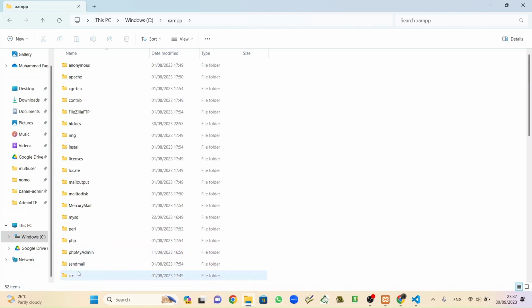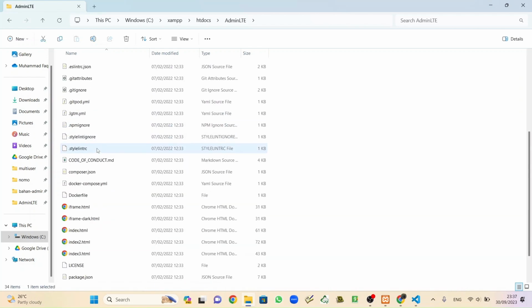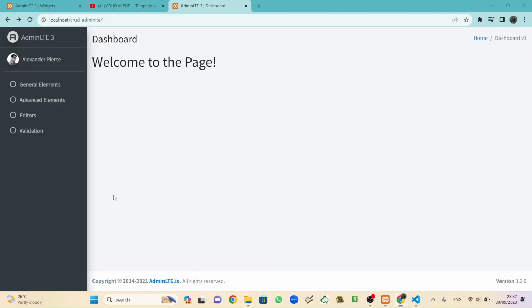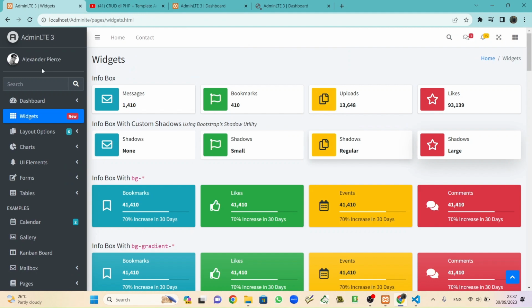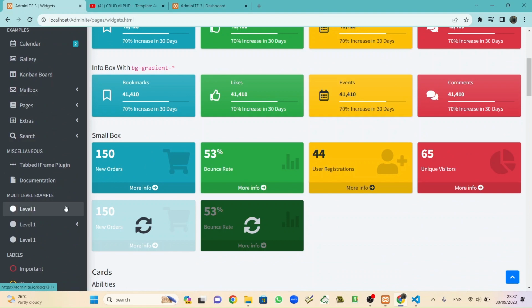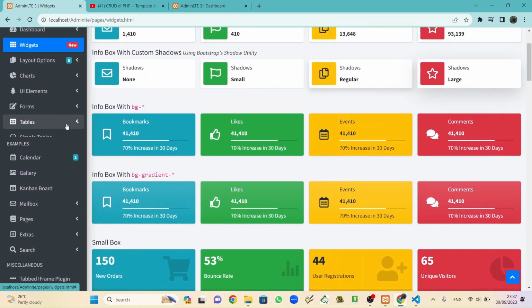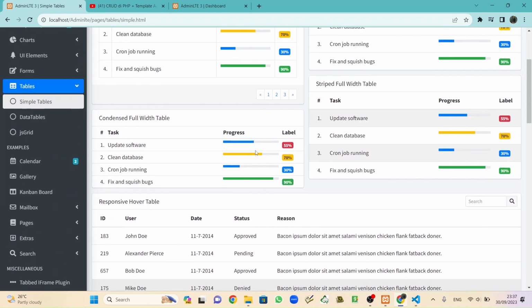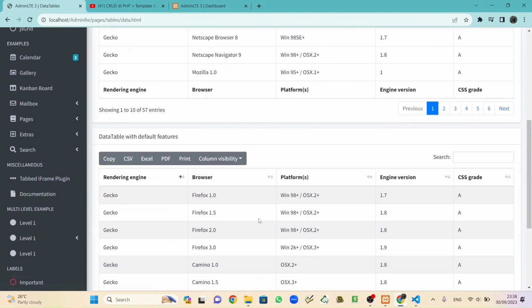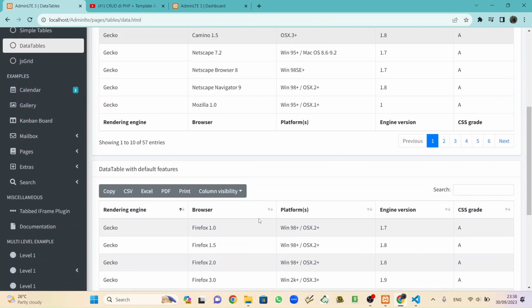Open that htdocs and AdminLTE, and we will check again at index what we will need inside that. What we will need is the tables, data table, not this.